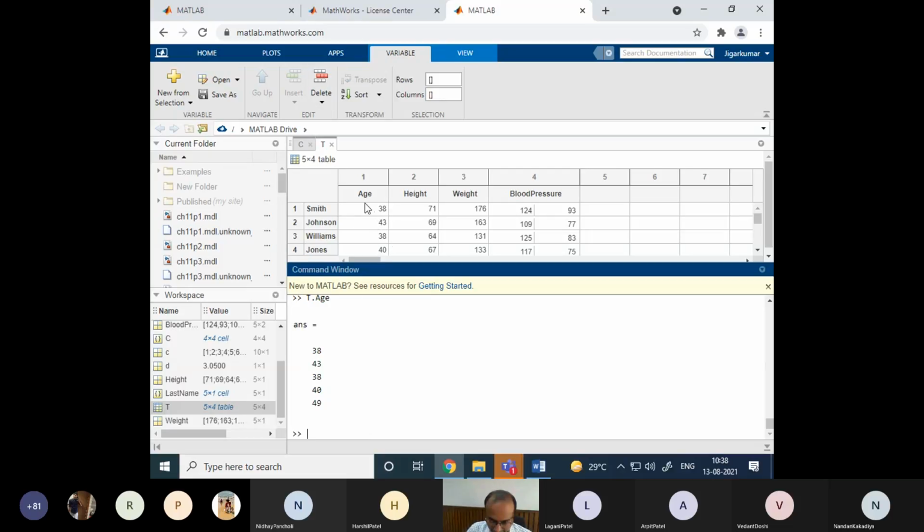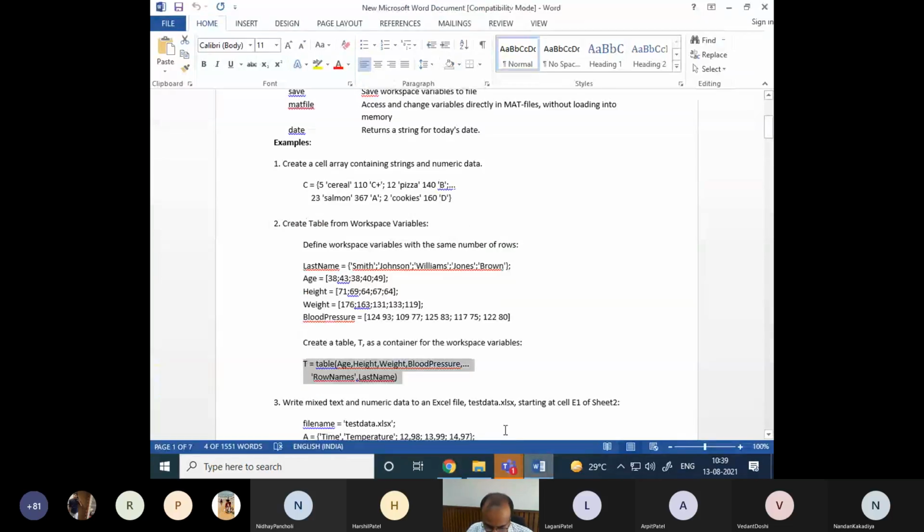Whatever is in this age column in this table T is accessed by T.age. So that is the dot convention. Actually table is one kind of constructor, right? And you can treat it as a structure where T is a structure and its member is age, which you can access like this. Okay, so all these terms are now converging for you. I hope this is clear.